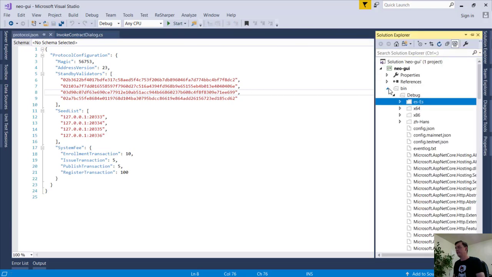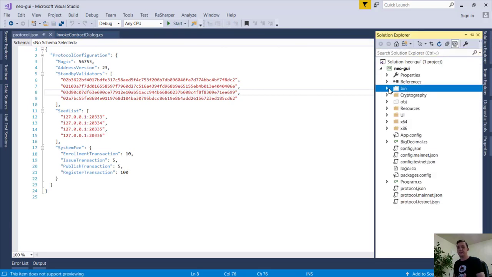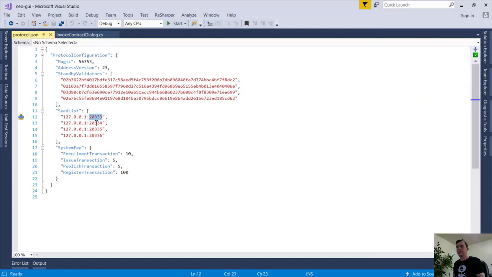It's source. You don't have to get it from source. You could just take an existing copy of it, download it, and put in this protocol.json. So I've already put this in here with the same seed list here. Now, if I was exposing this container maybe across my network, I had this on a central server, I had a team of developers that I wanted to share the same testnet, we'd actually put in the IP address of